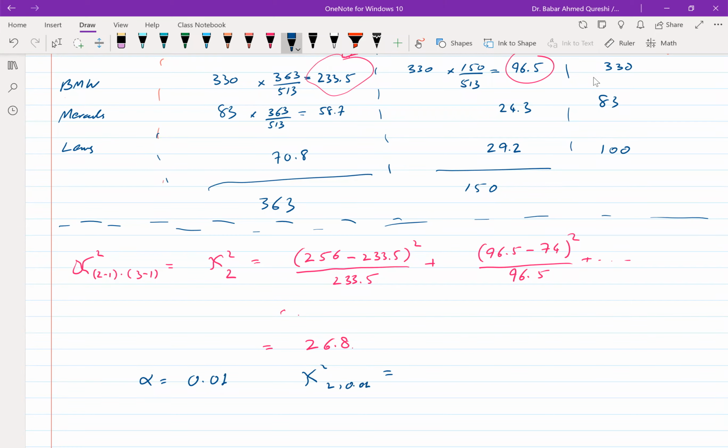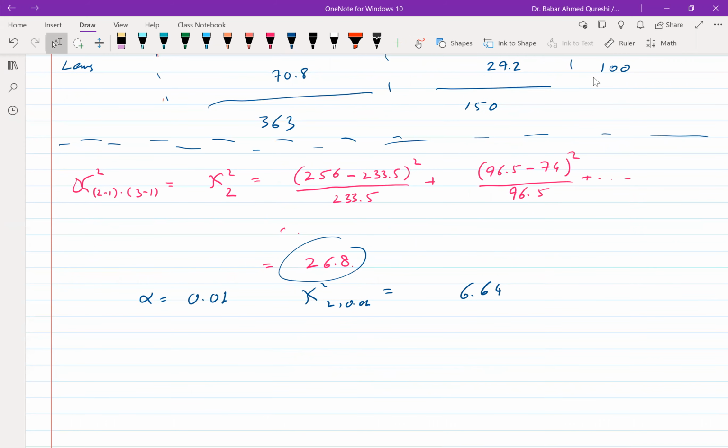Well, I can just go and compute the critical value, and I find that the critical value is 6.64. So this is much larger than that. So you can reject H naught at alpha equal to 0.01,